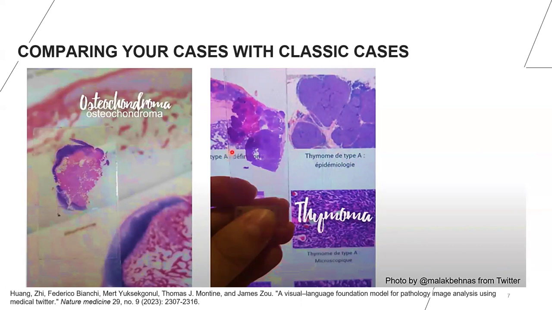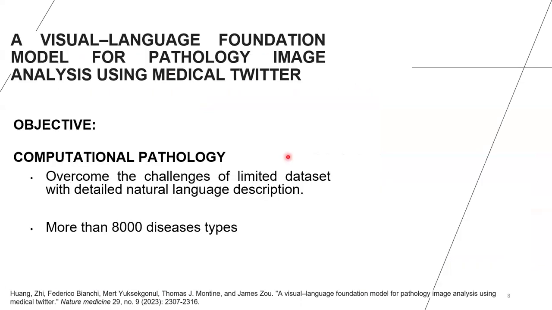So, but we can also see that these stained images are also available on Twitter handles of surgeons or pathologists. The paper is "A visual language foundation model for pathology image analysis using medical Twitter." The main objective of the authors is to provide some foundation for computational pathology, and to overcome the challenges that may appear in the construction of the